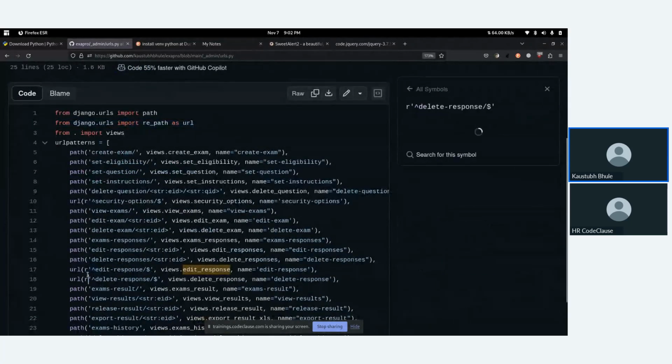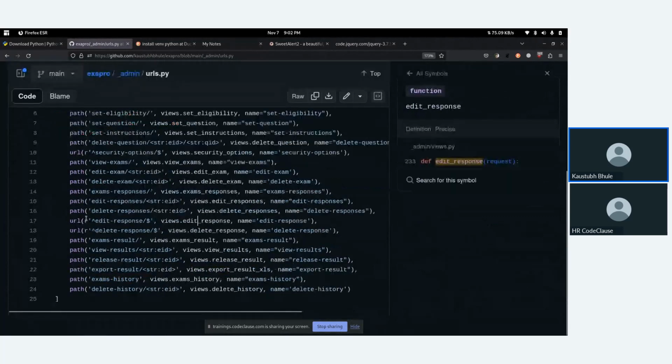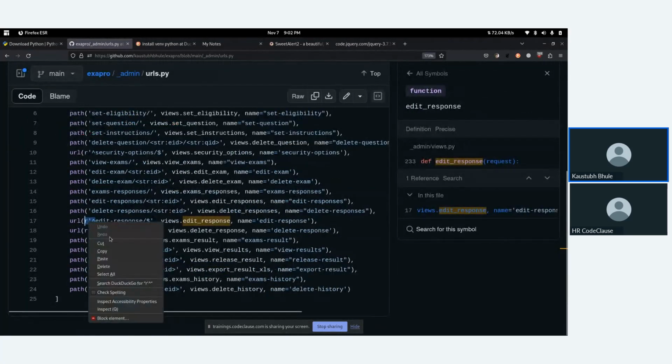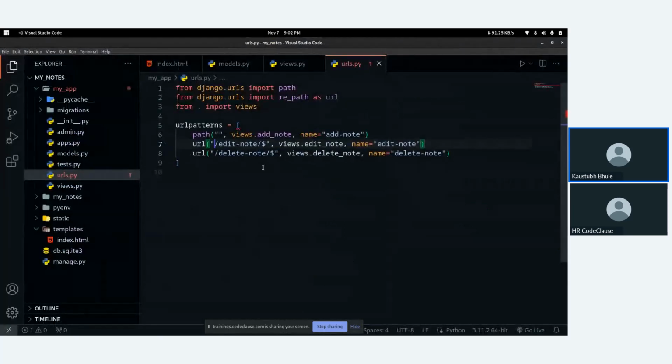Then we need to follow this syntax. And same for this.